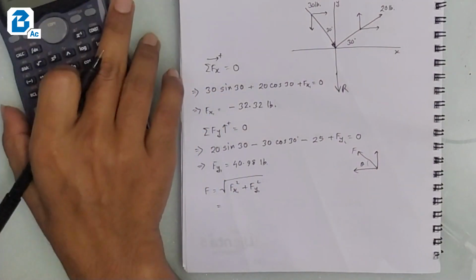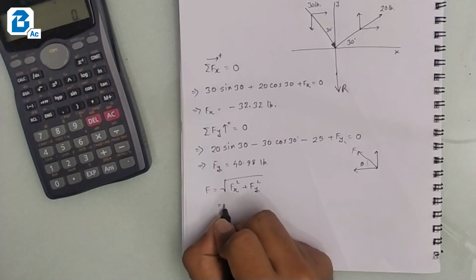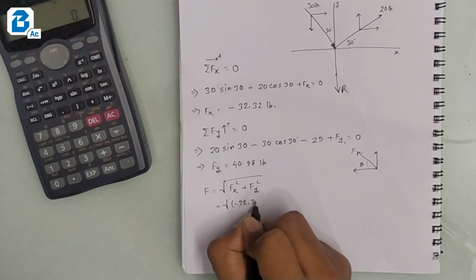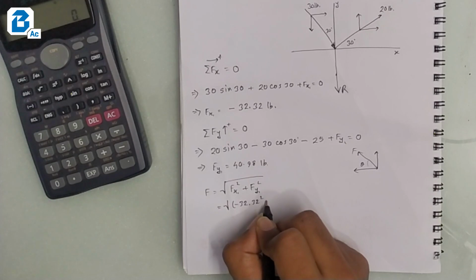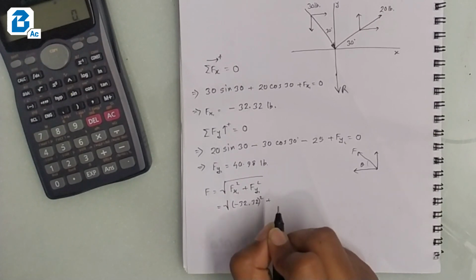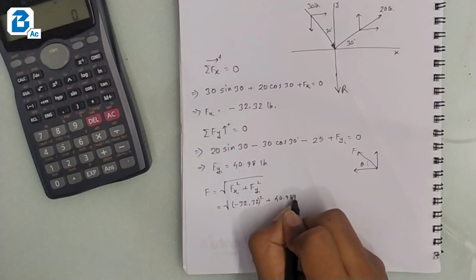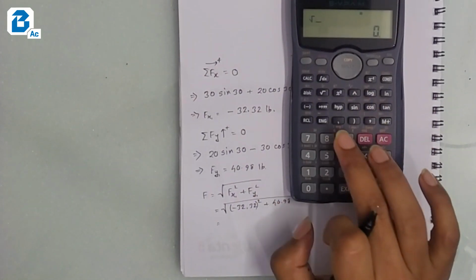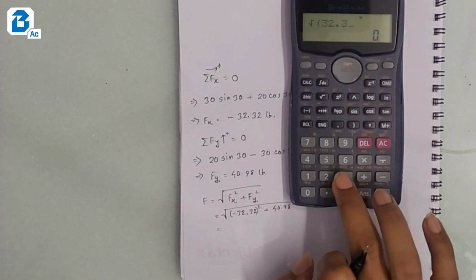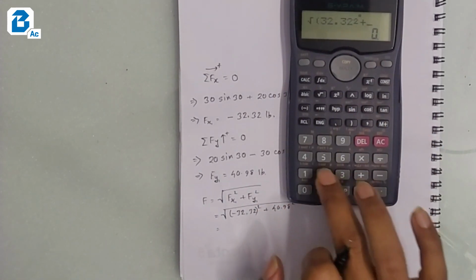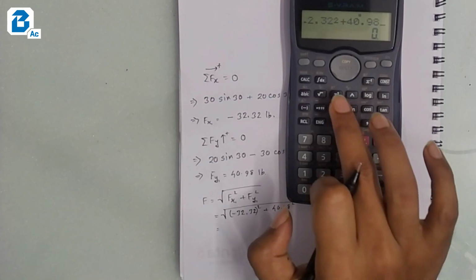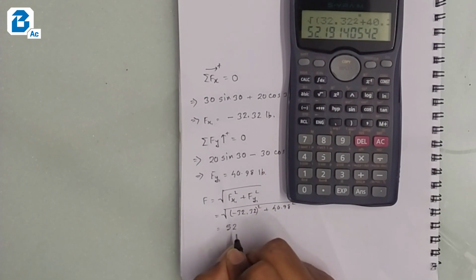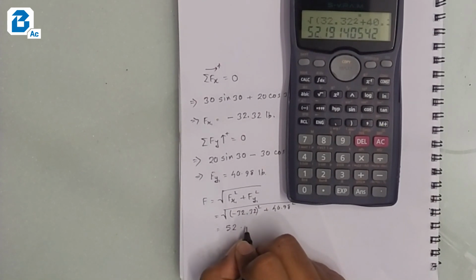Then we get F of x1, which is minus 32.32 square plus 40.98 square, and if we calculate it, we get 32.32 whole square plus 40.98 square. We get 52.19 pound,